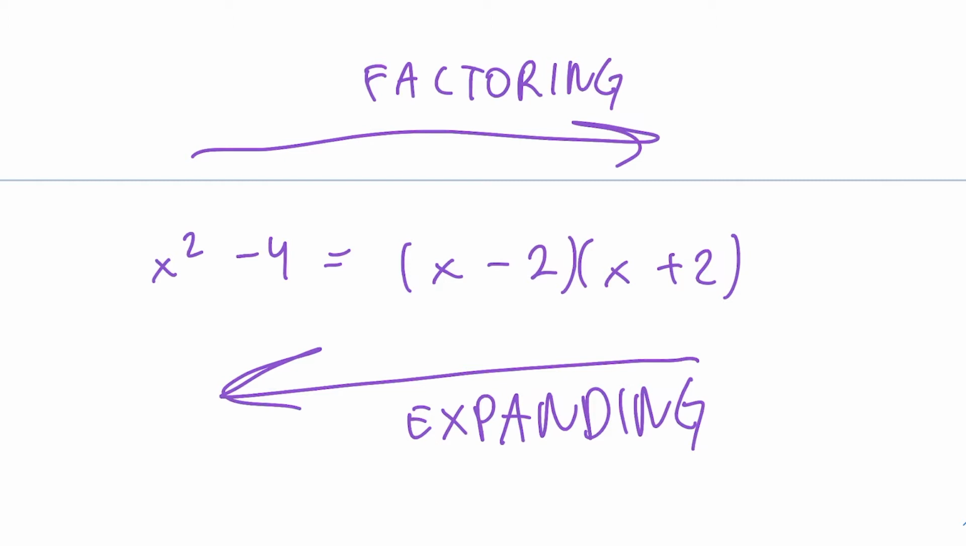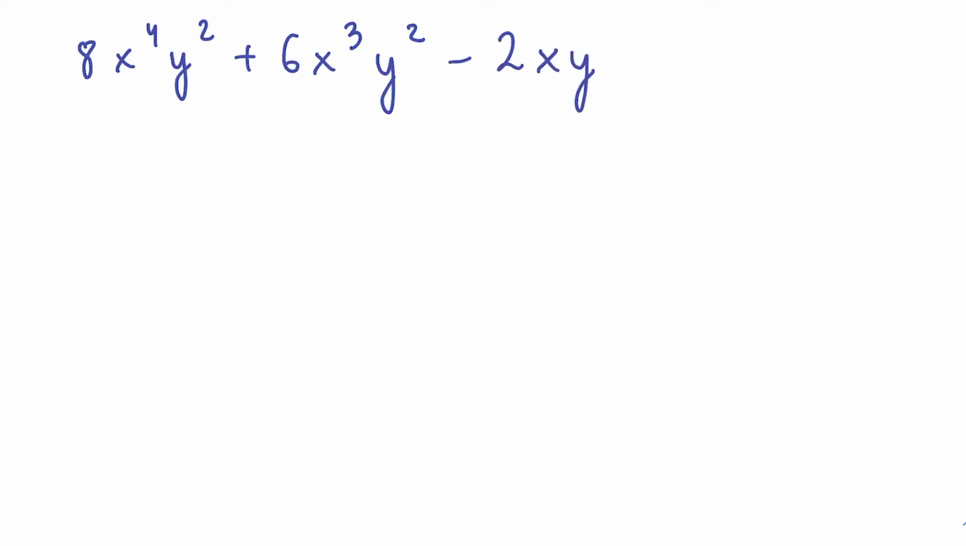Now, whenever you have common factors, you should try to factor them out. So, for example, an example of 8x to the 4th times y squared plus 6x cubed times y squared minus 2xy to the 4th. Now what we can do